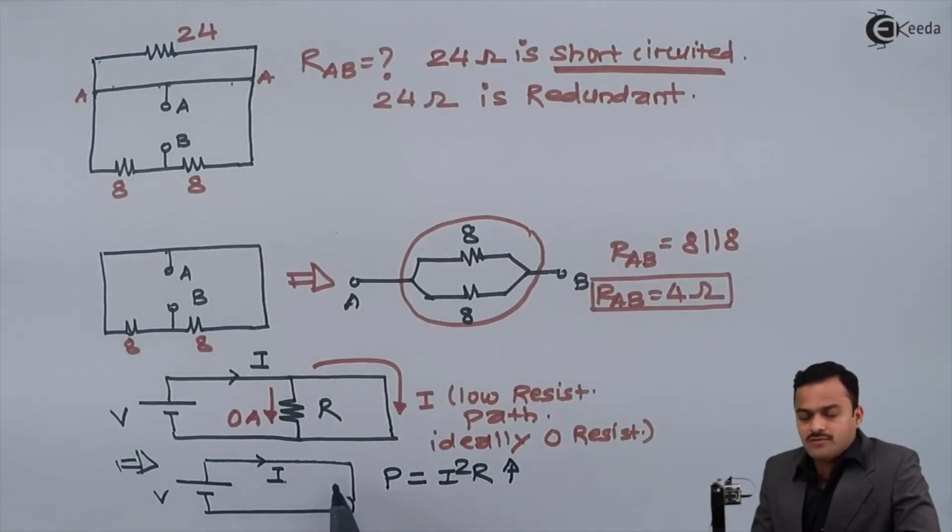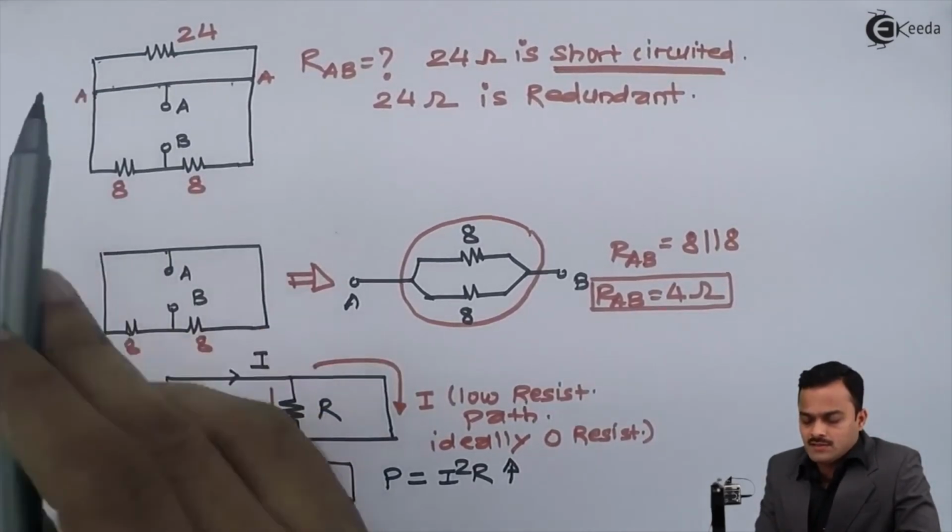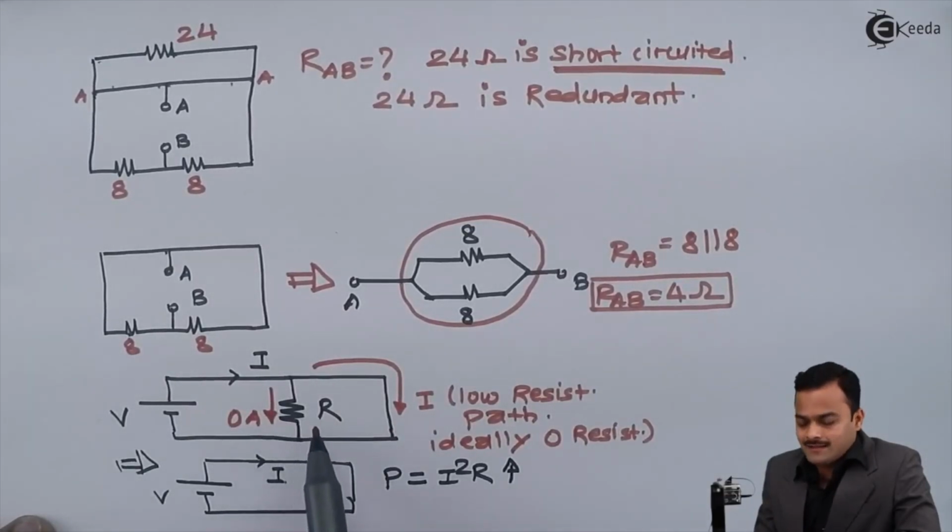So the problem of a short circuit is a low resistance path, hence current I is more, and in the power expression I square R, if I is more, obviously I square will be even more, which leads to very high power, and hence it may catch fire. So the concept of short circuit is a very practical scenario, and it happens because there is a wire or a low resistance path connected to the battery, bypassing all the resistors. That is a problematic situation.